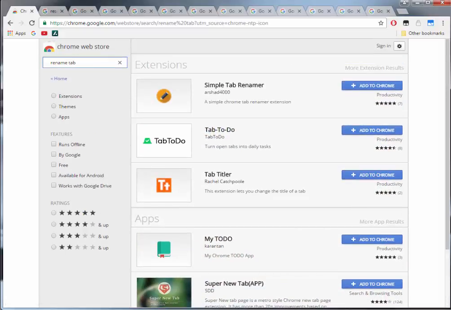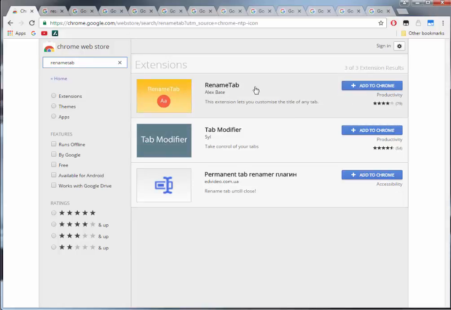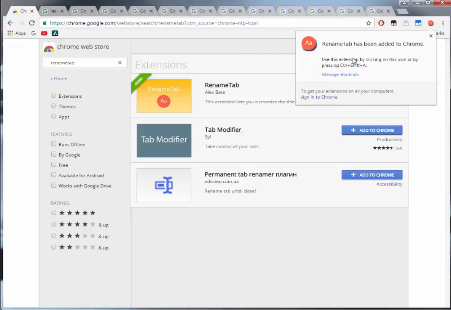Let's double check real quick. All right, it's one word. There we go. Rename tab, this is what it looks like. Got the double A by Mr. Alex Bates. Add extension. Okay. Now,